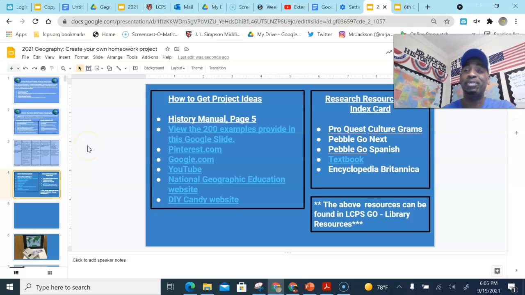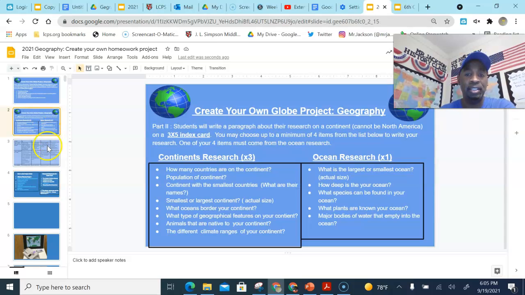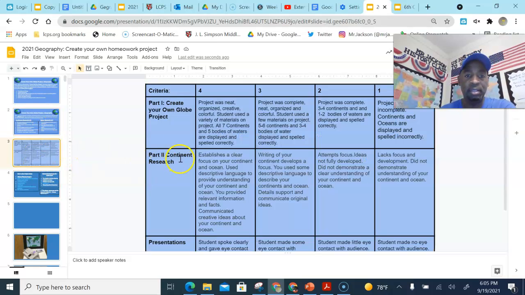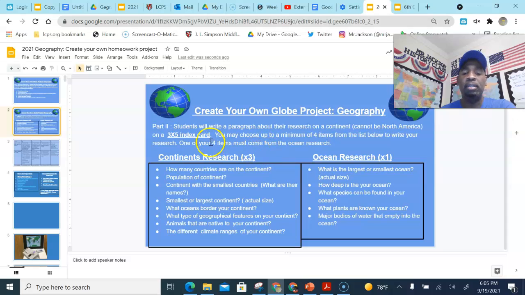Your mom and dad probably have stuff in the garage that they've been waiting to get rid of that you can make your globe out of. So you have a lot of things that you can choose from. And mind you, you only have 2 weeks to do this. All right. So the next thing is, as part 2, students will write a paragraph about their